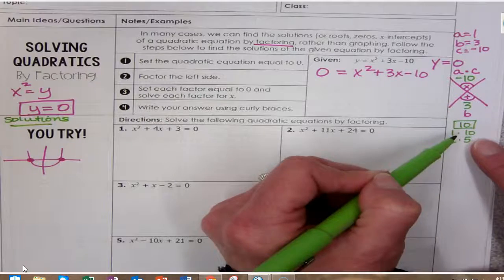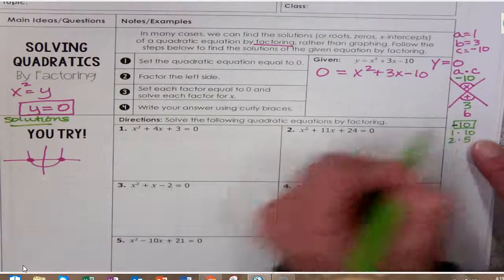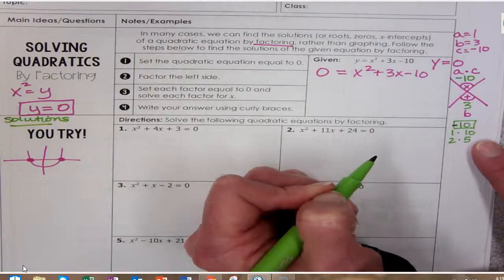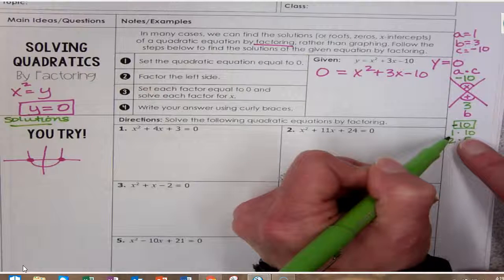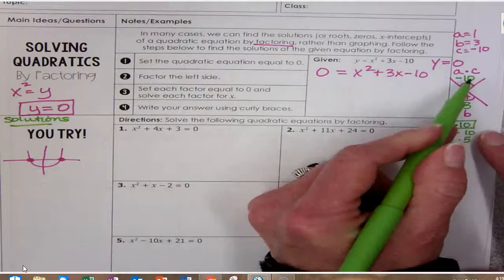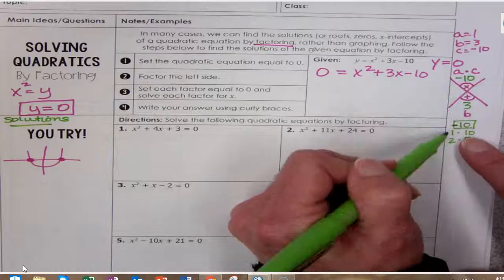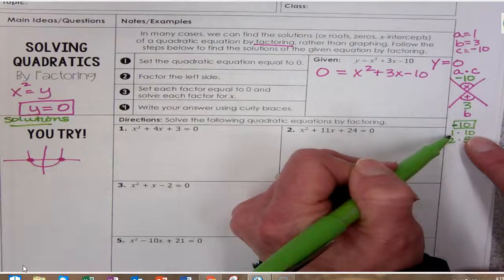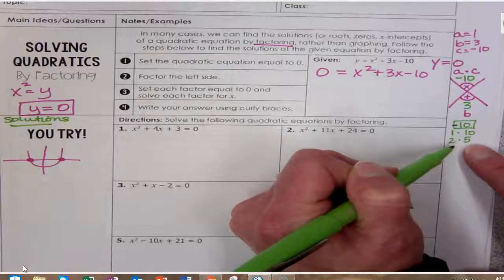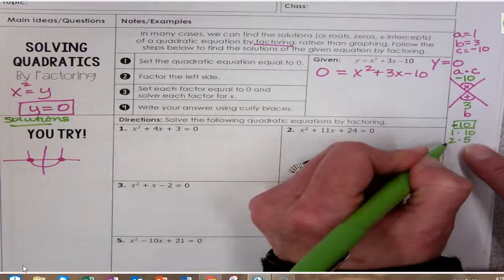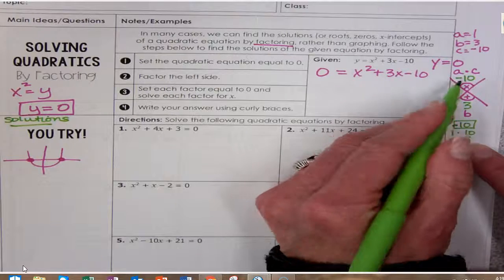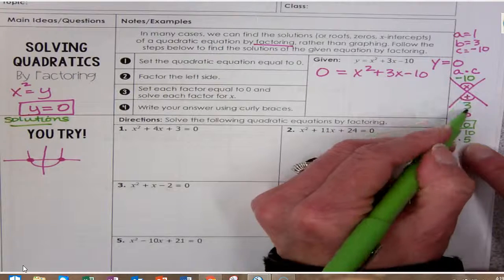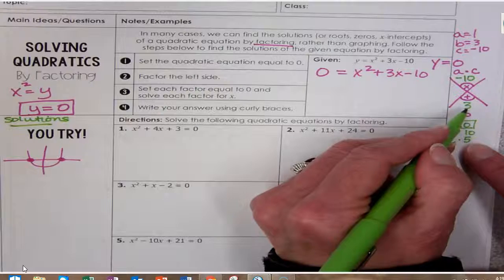So I'm thinking one of these has to be negative. So negative 1 times positive 10 multiplies to give me negative 10, but will only add to give me positive 9. Negative 2 times 5 is going to multiply to give me negative 10, and negative 2 plus 5 will give me